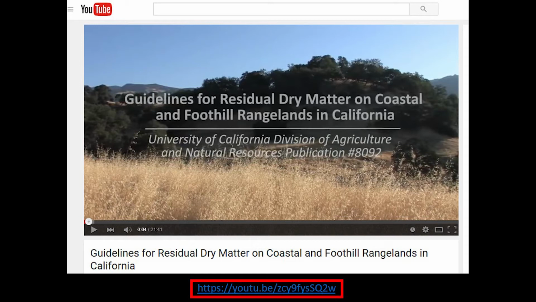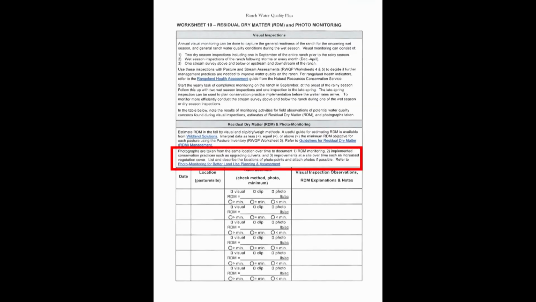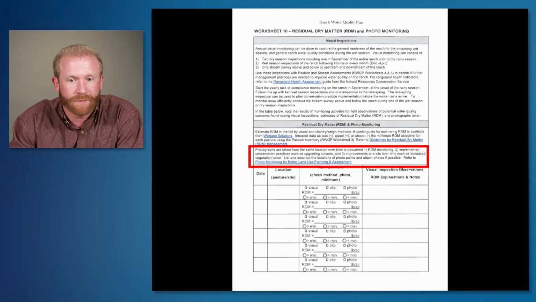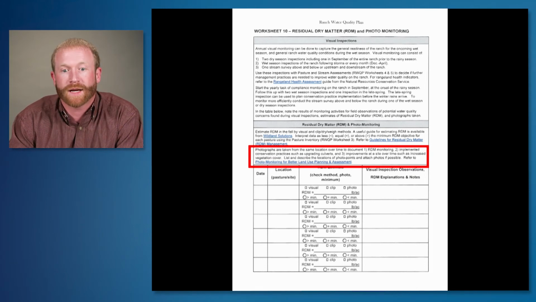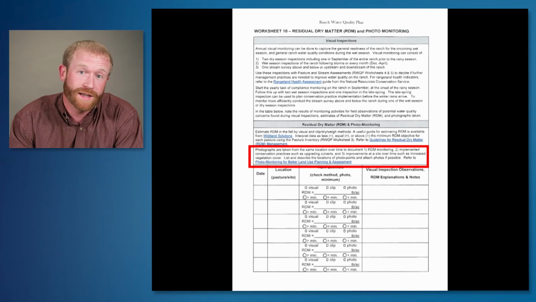So lots and lots of resources out there on residual dry matter and management of it in the state of California. Next in the worksheet, we're getting towards the bottom, are the photo monitoring points. So photographs are taken basically at the same location over time, and then it does a good job of documenting residual dry matter, new conservation practices, and improvements on the ranch, both seeding improvements, so like ecological type improvements, but